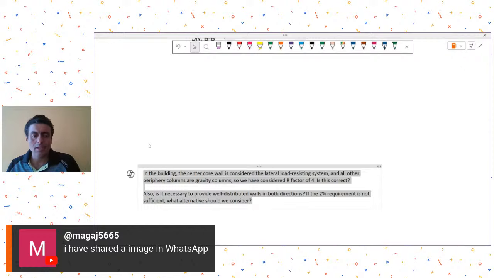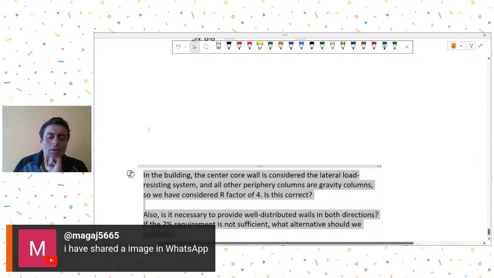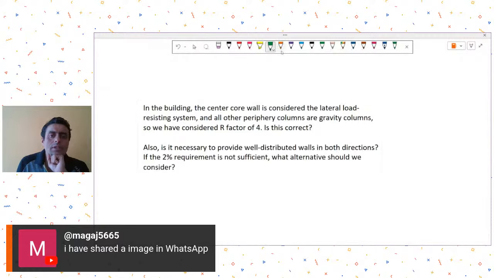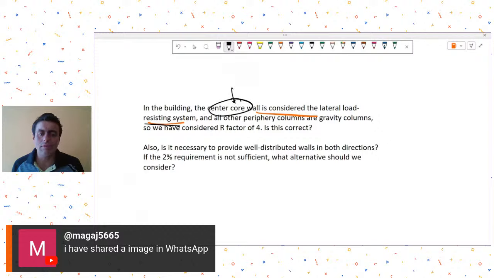In the building, center core wall is considered the lateral load resisting system. No, it is not considered the lateral load resisting system. It is part of it. But having central core walls, as we had discussed in our tall buildings course, also leads to other issues like in-plane torsion and all those things. So, although lateral load resistance is provided by the central core wall, it's not a very good place to have these walls because it adds to the torsion. Anyway,